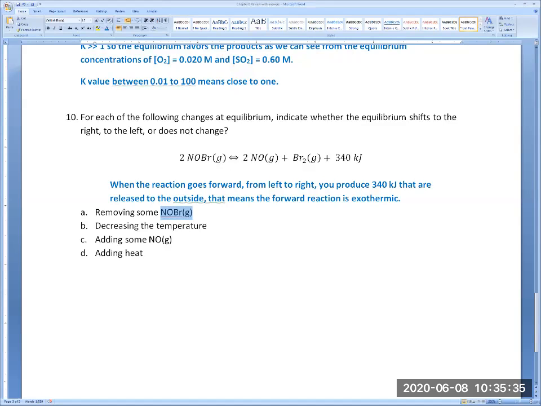So if you're removing NOBr, and NOBr is a reactant here, what will happen to the equilibrium if it wants to counteract the fact that you're removing NOBr? What it should do to go back to equilibrium? So this will favor the